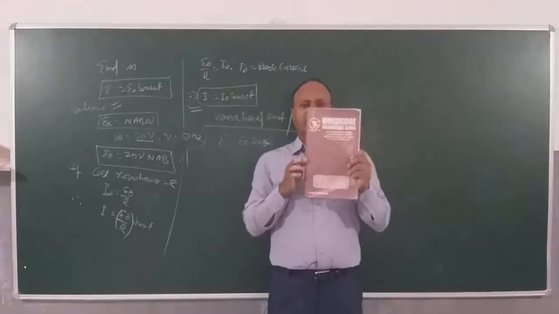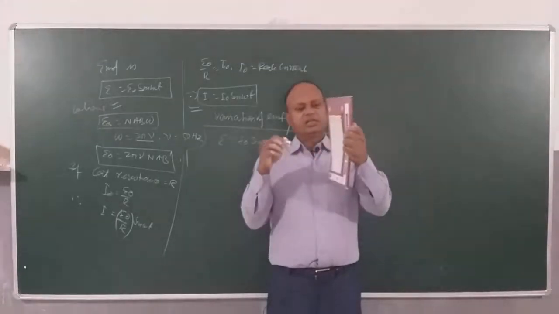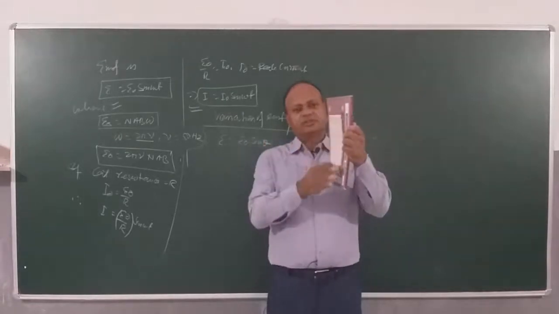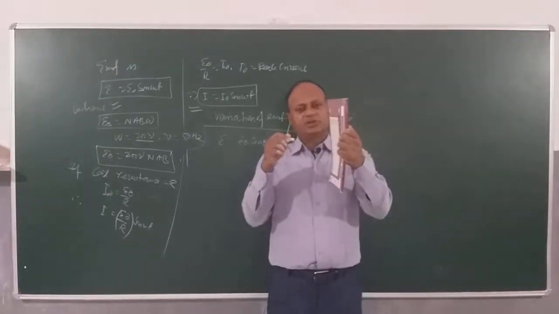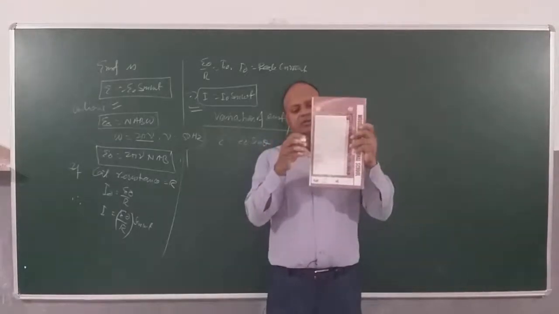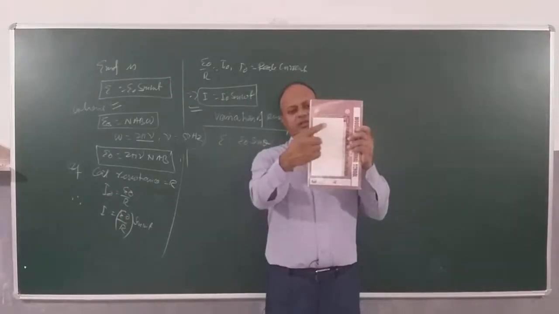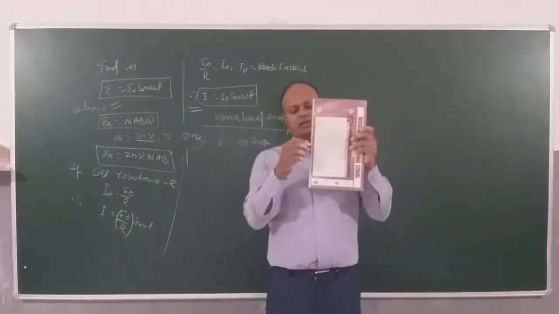Now I am rotating by 90 degrees. So this is how I am rotating anti-clockwise, 90 degrees. Now you can see the flux is maximum because theta has become 0. Earlier theta was 90, and here theta is 0. Now again I am rotating here. How much is theta now? This is the area vector, and this is the magnetic field.